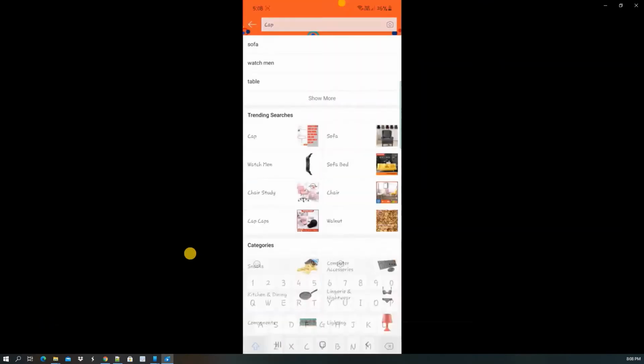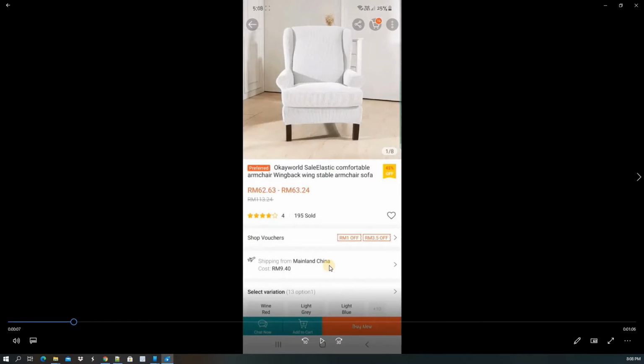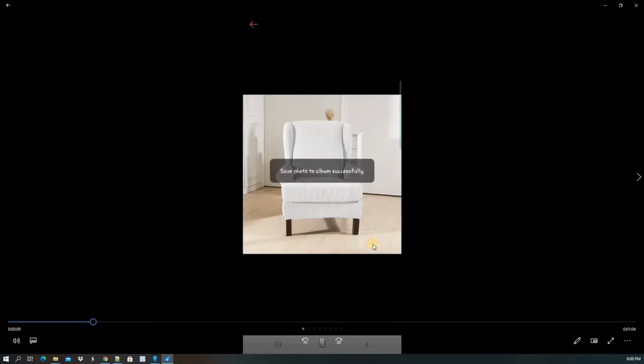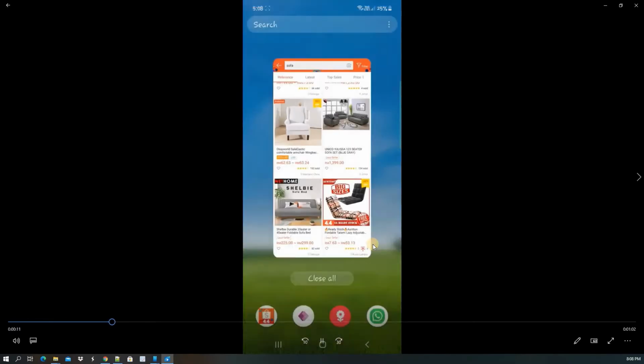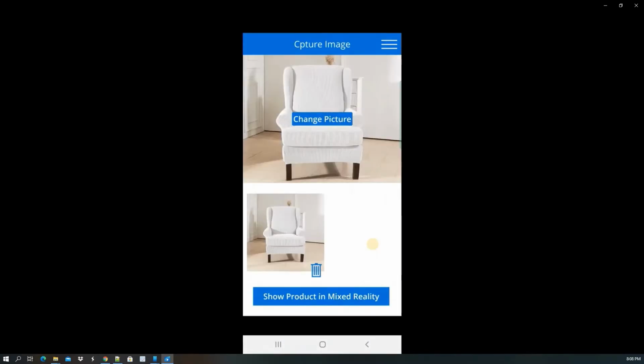So I open my online app and select that particular furniture which I wanted to buy. Then clicking on that image, it allows you to save it on your mobile. I saved it and then opened my Power App and selected that same image.